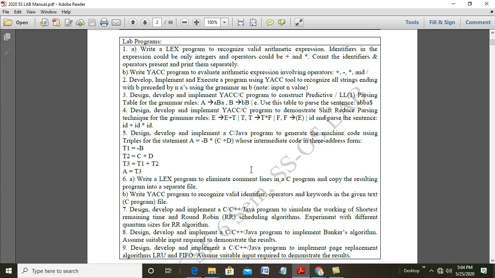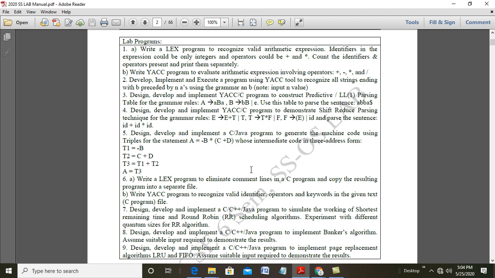One is an input file, another is an output file, then the lex file. Very important: for this 6th program, the user is creating 3 different types of files. One is the main file called the lex file. For that lex file, 2 files will be accessed, an input and an output file, and in that input file the user